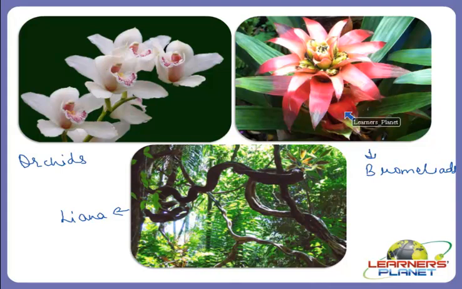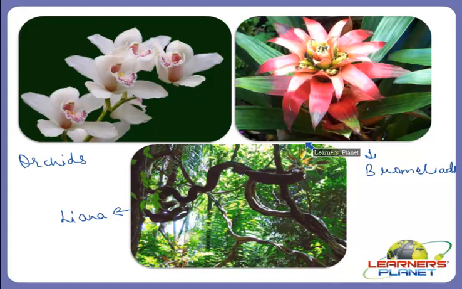So the layers of the rainforest are actually connected by vines. We cannot say that they are connected, but yes, they have vines and ferns and mosses which grow on trees. So liana is one such climbing vine that grows on rainforest trees, climbing into the forest layer so its leaves get more sunlight. Here you can see one such image of liana. Even there are orchids and bromeliads. So plants like orchids and bromeliads also grow in rainforests.